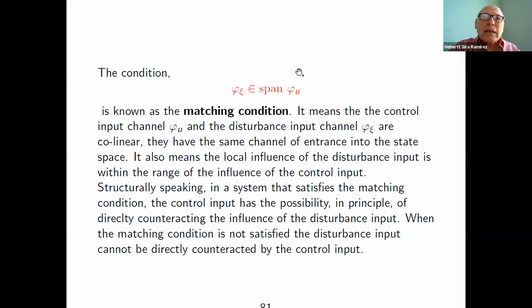So structurally speaking, out of n dimensions, there has to be a preferred dimension in which both the control and the disturbance seem to be acting in a synchronous or matched manner. And that gives you an idea of the difficulty of guaranteeing precisely that condition. Of course, in practice, it is very easy to see when that condition happens or not.